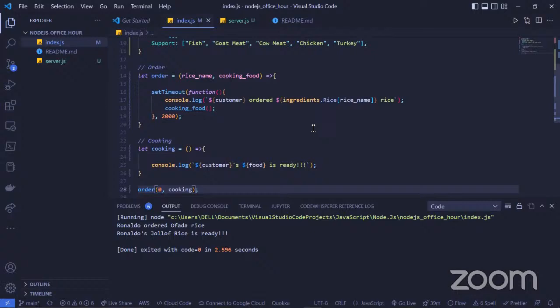Another thing we can do is put a setTimeout function inside another setTimeout function.